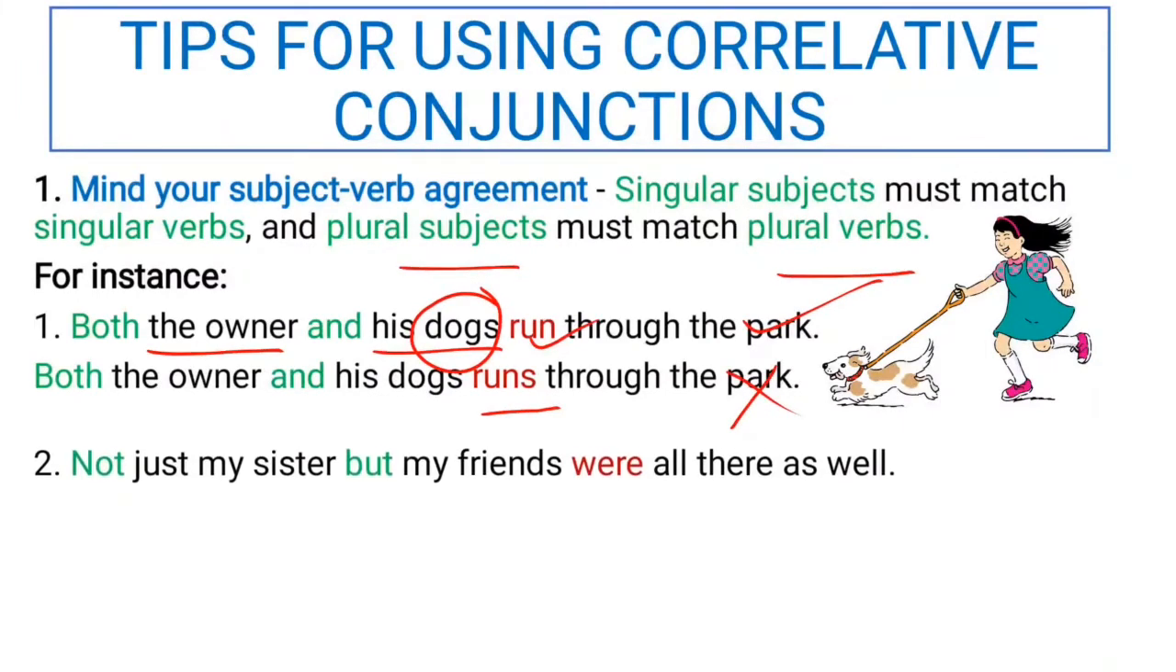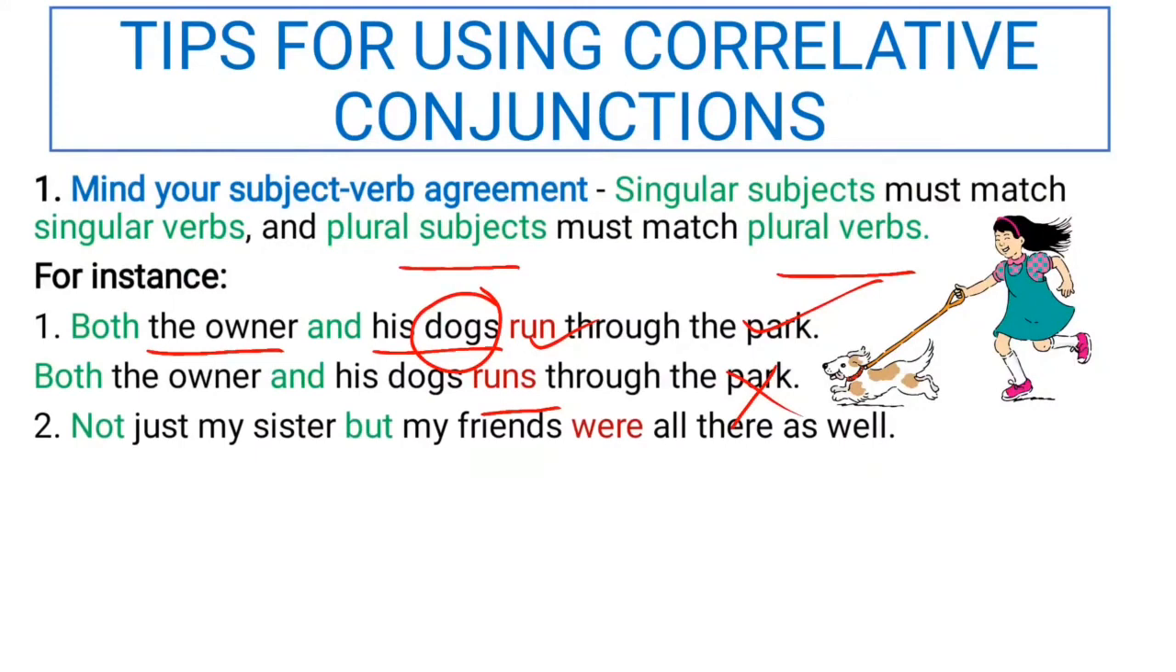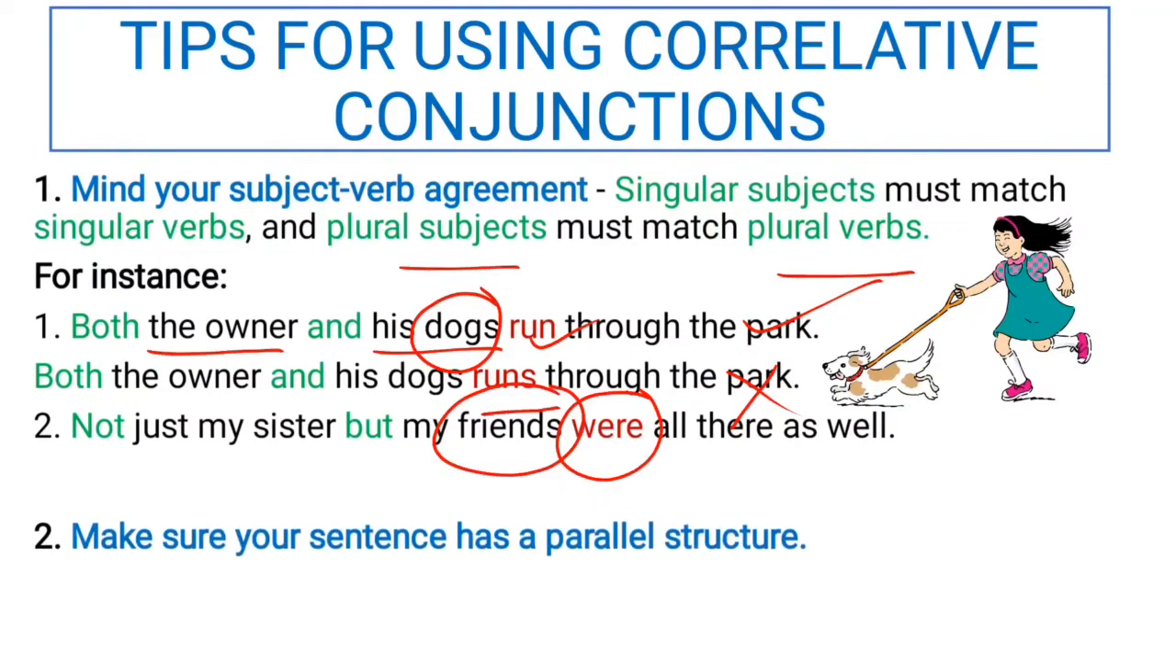Let's take one more example to understand this. Not just my sister, but my friends were all there as well. Now here, as the closest subject is plural, so we will be picking plural verb. I hope now you have understood how important it is to be particular about subject-verb agreement while using correlative conjunctions. Let's move further and talk about the second rule, which says that